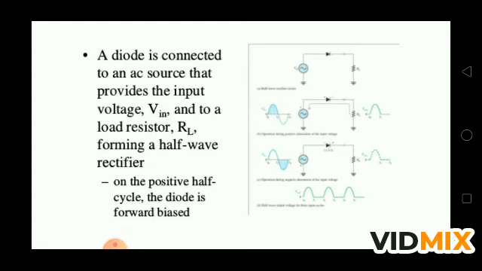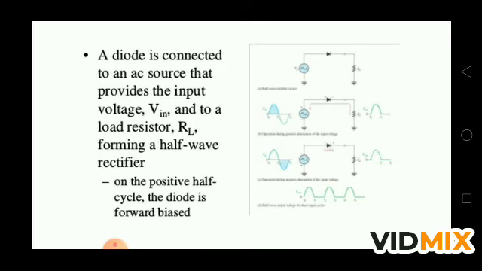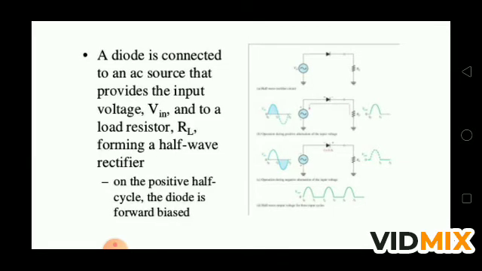Means alternating current को DC current में change करने के लिए जिस डिवाइस का हम इस्तेमाल करते हैं उसको हम बोलते हैं rectifier. So we can say that a junction diode acts as a rectifier. The properties used for rectifying the alternating current, alternating voltage, and the circuit used for this purpose is called a rectifier. So this is a rectifier which is used to produce a half wave,